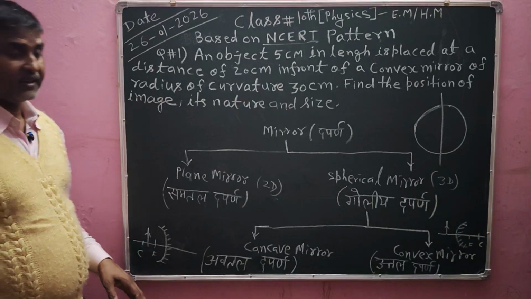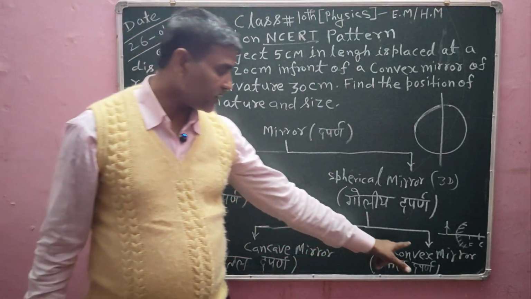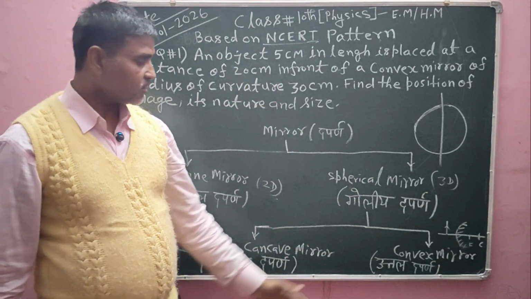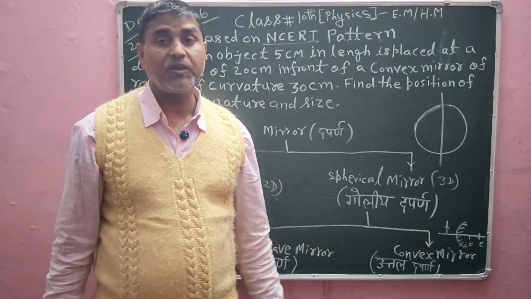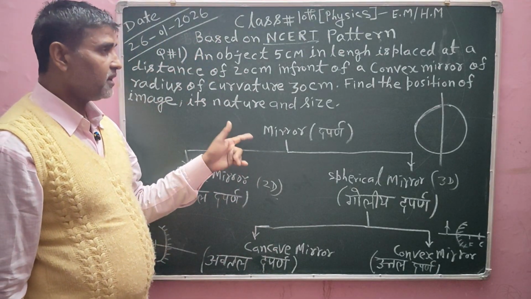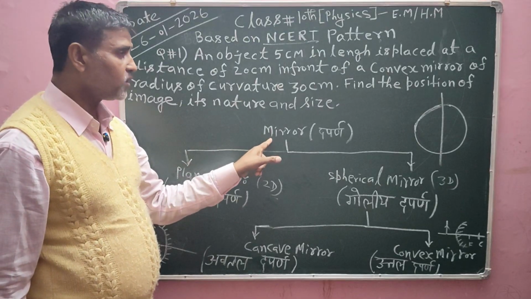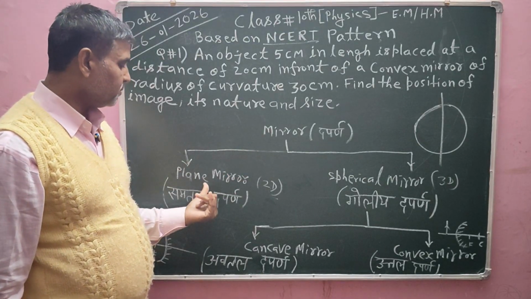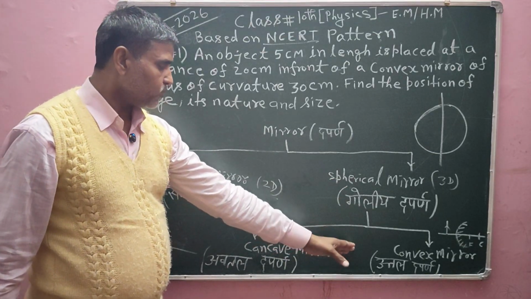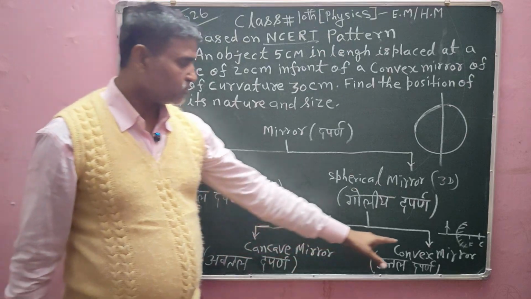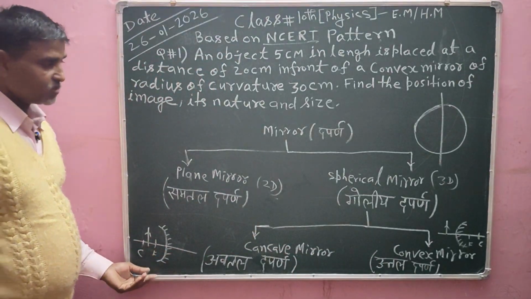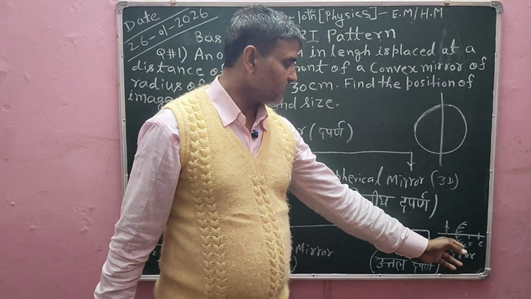ओके, 1 बाय 1 हम डिटेल में एक्सप्लेन करेंगे। लेकिन हमने जो क्वेश्चन लिखा है वो कन्वेक्स मिरर से रिलेटेड है, तो कन्वेक्स मिरर के कंसेप्ट को हम डिटेल में एक्सप्लेन करेंगे। इसलिए हमें माइंड में ये कंसेप्ट डेवलप हो गया कि मिरर 2 ही तरह के होते हैं, एक प्लेन मिरर होता है, दूसरा स्फेरिकल मिरर होता है। फर्दर इस स्फेरिकल मिरर को 2 पार्ट में डिवाइड करते हैं, एक कन्वेक्स मिरर होता है, दूसरा कनकेव मिरर होता है। कनकेव मिरर का डायग्राम इस तरीके से होता है और कन्वेक्स मिरर का डायग्राम इस तरीके से होता है।